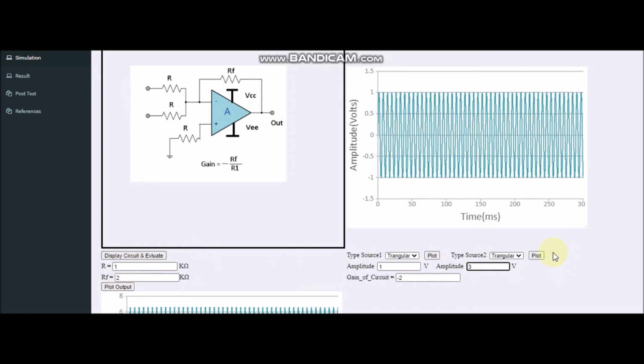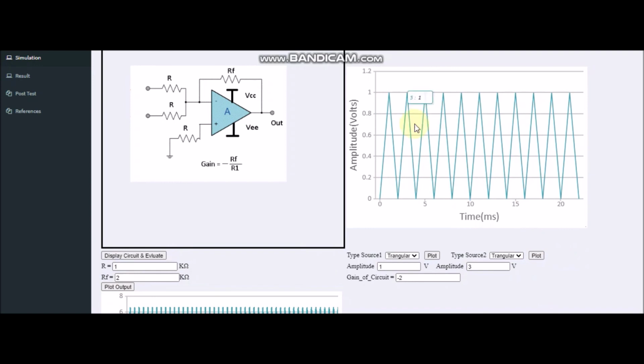Now I say plot it. You can see here from 0 to 1, one signal is showing, and similarly we have 0 to 3. Gain is minus RF upon R1, that is minus 2.